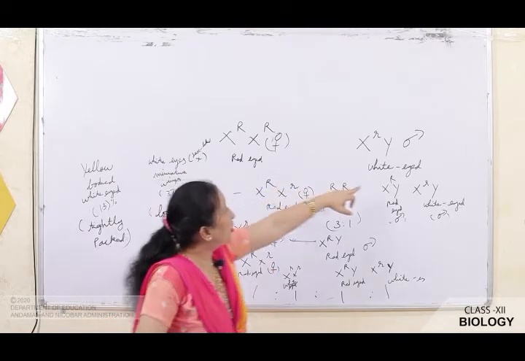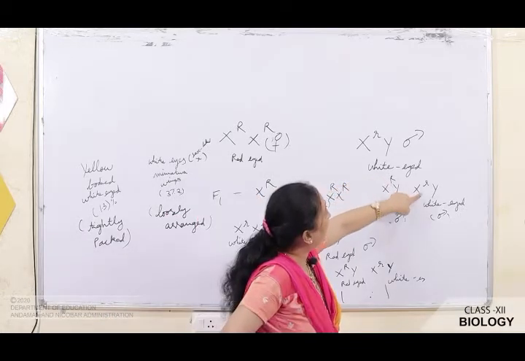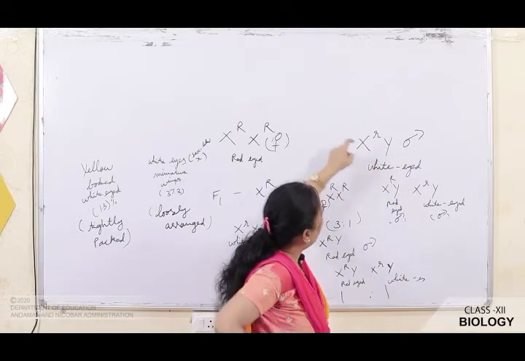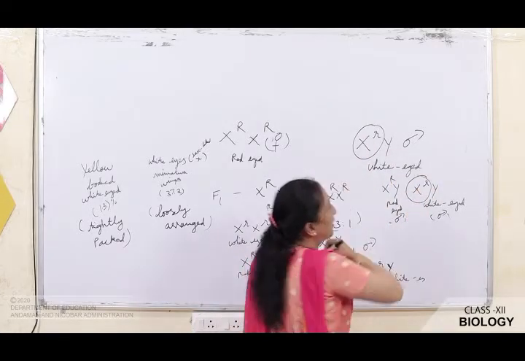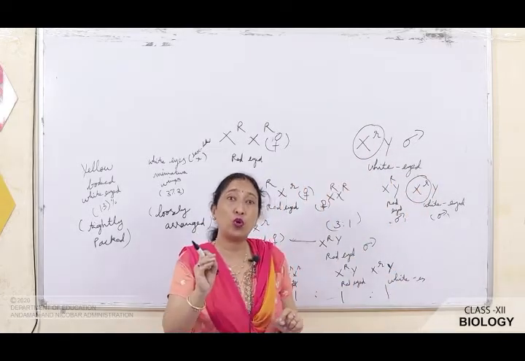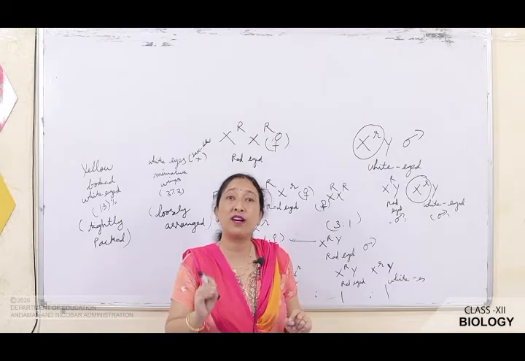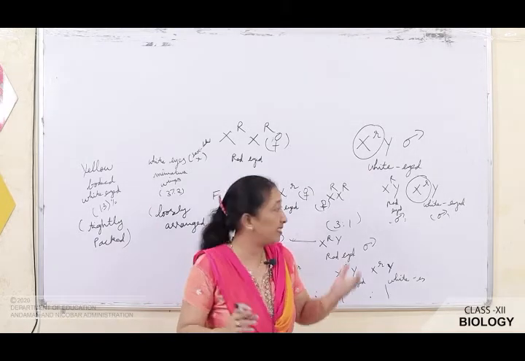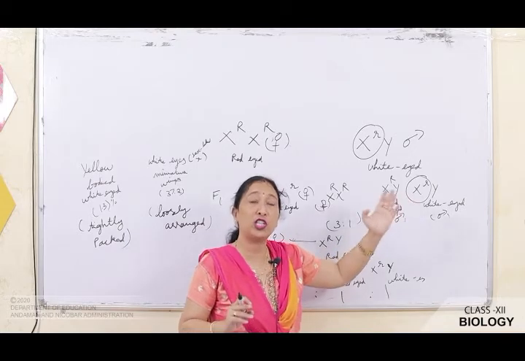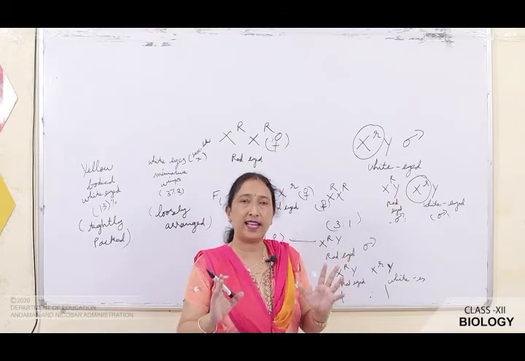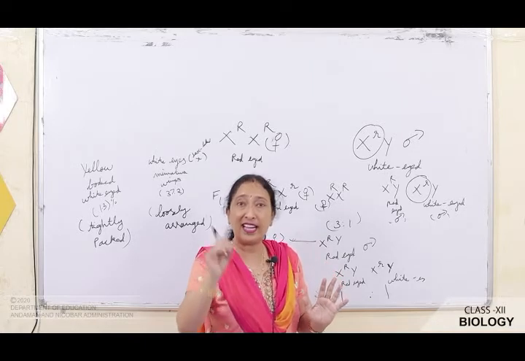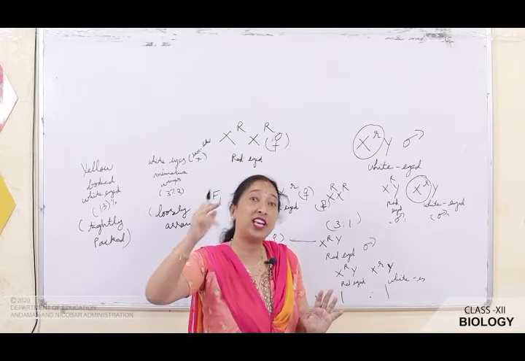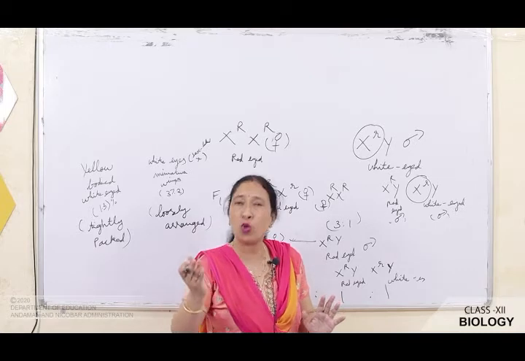You can see white-eyed is present in the X here, here, and here, because in Drosophila the Y is non-functional. Here we write XY just to differentiate a male Drosophila from a female Drosophila, whereas no such Y-type chromosome is there; it is a J-shaped chromosome and it is non-functional